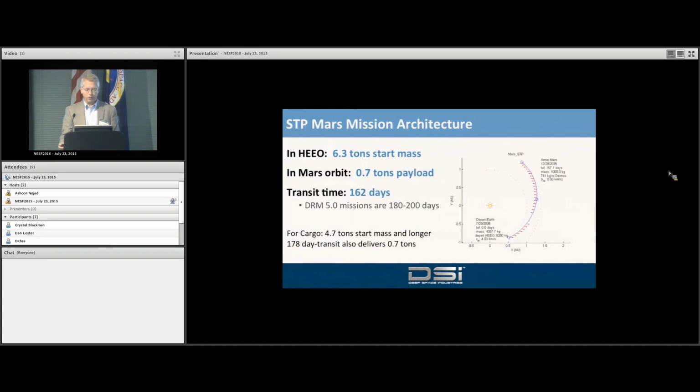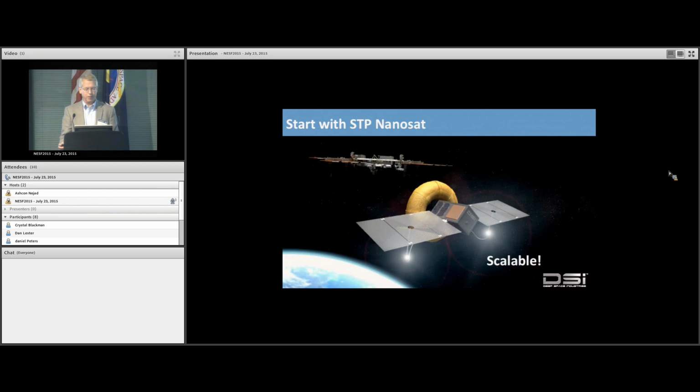We've plugged solar thermal into the models and found that you get a very useful payload fraction to Mars orbit. Your transit time is a little bit shorter than the traditional chemical transportation time, so you're not giving anything up by switching to a solar thermal baseline. So we've begun work on this with the design of a nanosat for testing solar thermal, in part just to break the imagination barrier